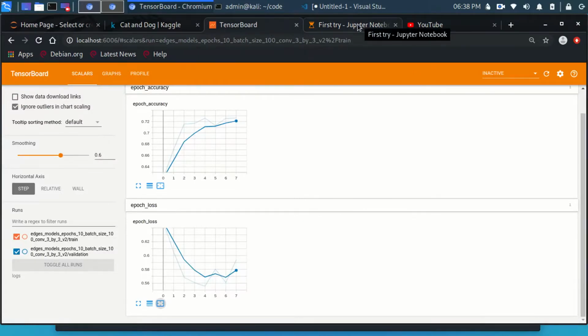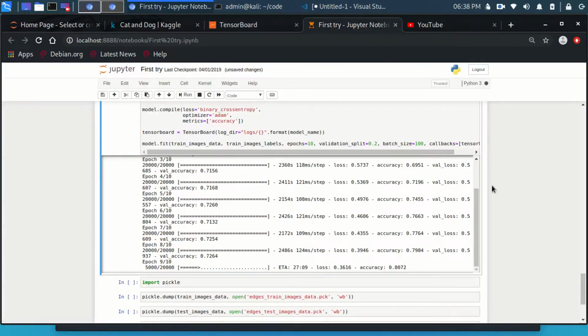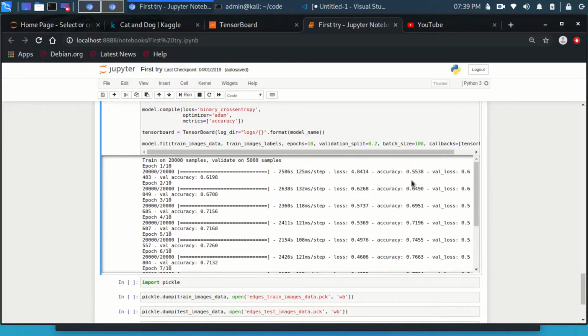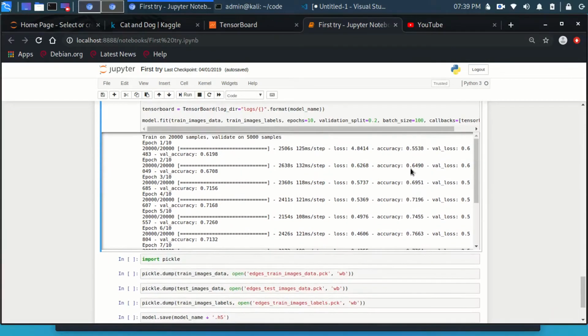Okay, so the process has finished, and it's run the last epoch. So this is epoch 10, and the last accuracy now is 81%. So telling from this list here, you can review the accuracy and the loss. So you went from 55 to 64 to 69, 71, then 74, continuously increasing to 76, 77, 79, then 80. Now you can also see this from TensorBoard with a graph of how the accuracy